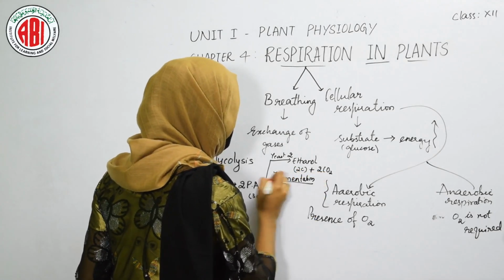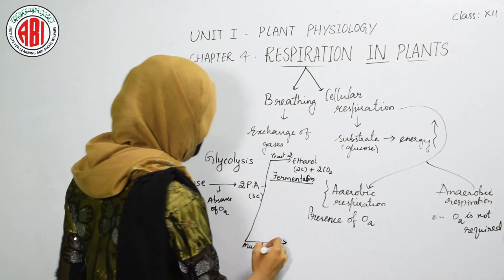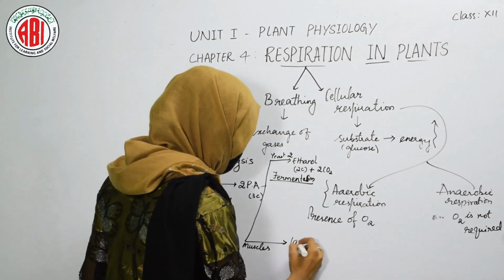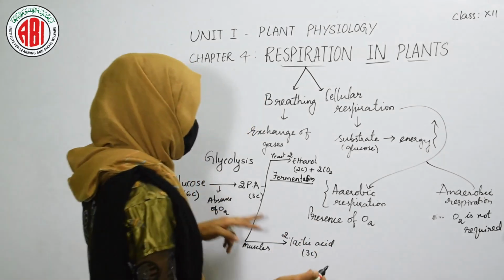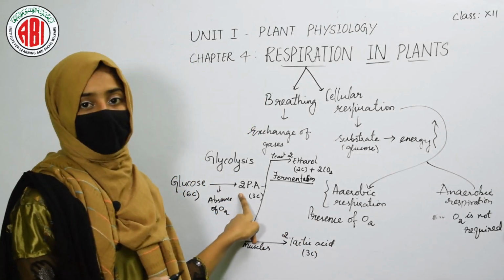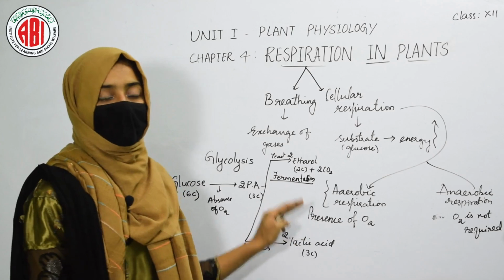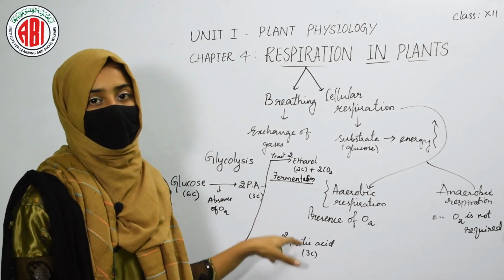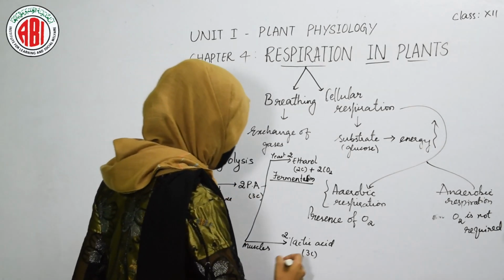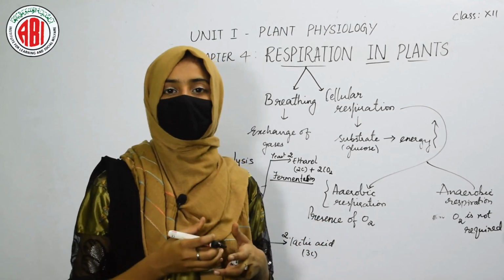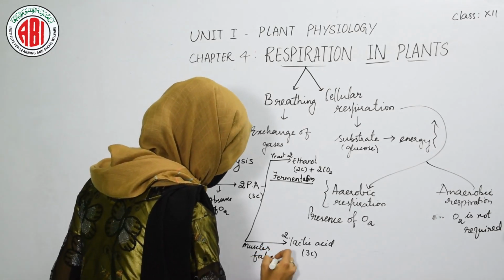Now when anaerobic respiration takes place in the muscles of humans, the pyruvic acid gets converted into lactic acid. Lactic acid is a 3-carbon compound, and 2 molecules of lactic acid are obtained after the conversion of pyruvic acid. Here there is no release of carbon dioxide because it is directly converted into 2 molecules of lactic acid. When this lactic acid accumulates in the muscles of the human, it results in muscle pain, or we can call it muscle fatigue.